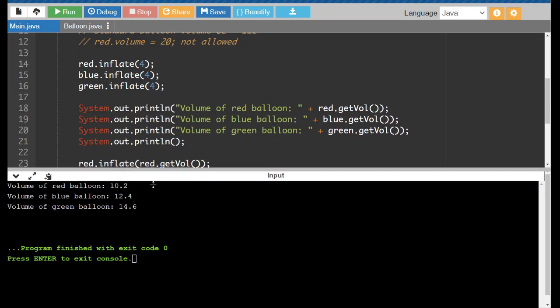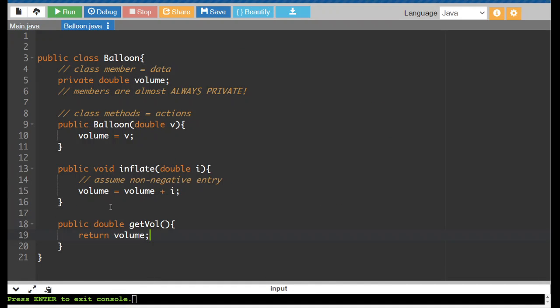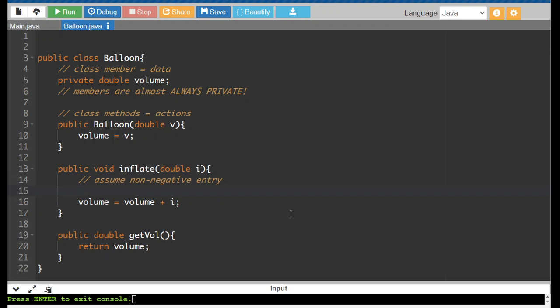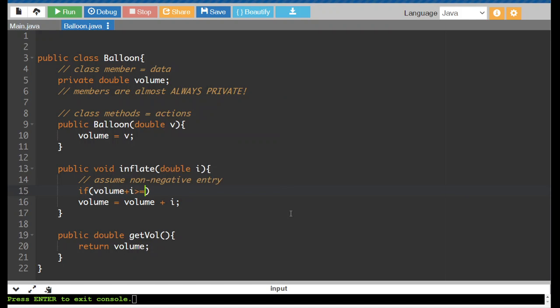So this is where we're going to put the control into our balloon class. So I don't always want to increase this. I only want to increase it if there's enough room to do this. So here's how we're going to fix this. We're going to add in an if statement. So if the volume plus however much we're inflating is going to be larger than or equal to 11, then